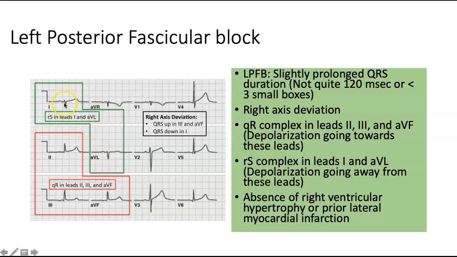So we see an R wave with a deep S, and again an R wave with a deep S. There's absence of right ventricular hypertrophy or prior myocardial infarction when you see this. You may have somebody who's had a prior heart attack or has RVH, and these rules kind of don't apply